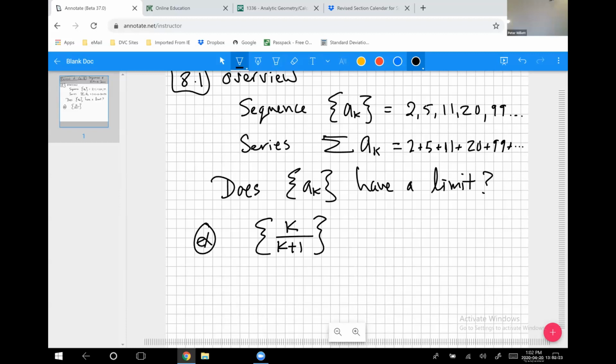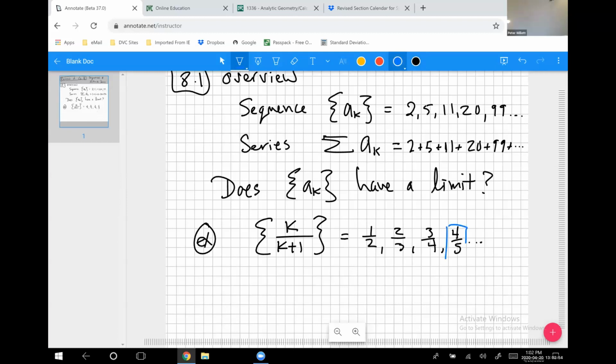I'm putting in the formula for a sub k, and then I would imagine as k starts counting with the first, second, and third terms, when it's a 1, I would have 1/2. When it's a 2, I would have 2/3. When it's a 3, I would have 3/4, etc. So then the question could be, does this sequence have a limit? And what that means is,